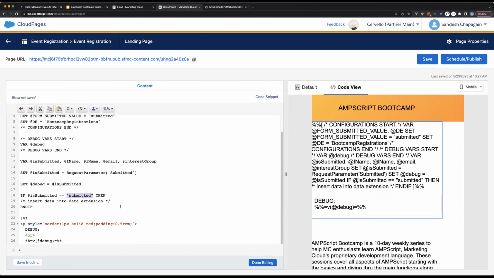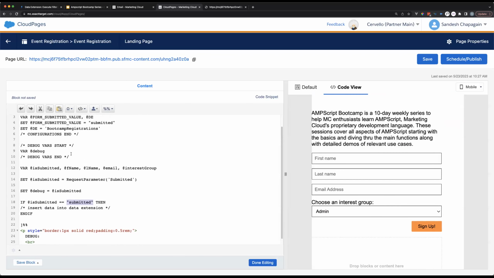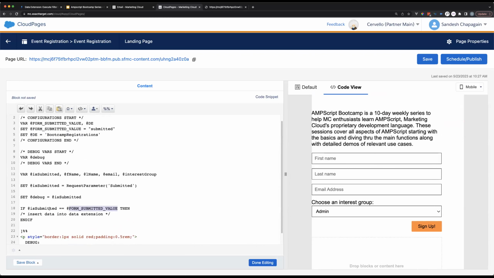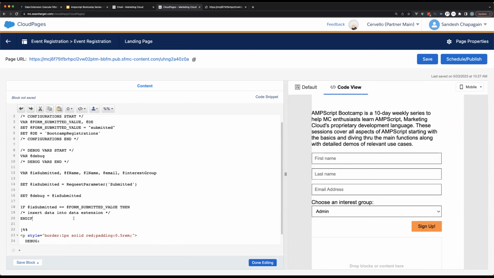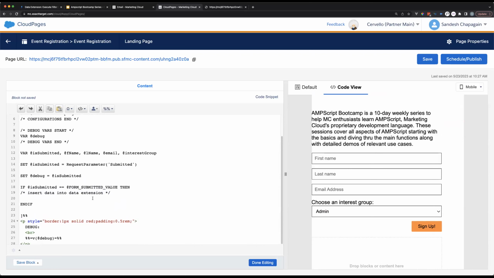But like I said earlier, if somebody goes ahead and changes that form and changes that value to something else, or whoever writes this AMPscript doesn't need to come down all the way through the code. That's the only reason we would rather use this value instead, and then check if it's submitted by equating these two values. So if we're getting a parameter of submitted as this value, which is submitted currently, then we know that somebody has submitted the form. And then we can deal with all the AMPscript now, right? We can insert data, we can try and find the difference between dates. We can do all sort of cool stuff in here.